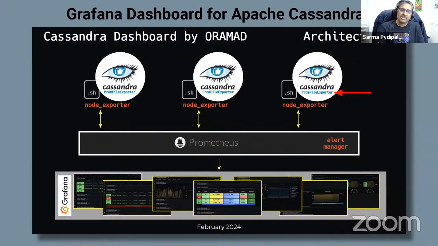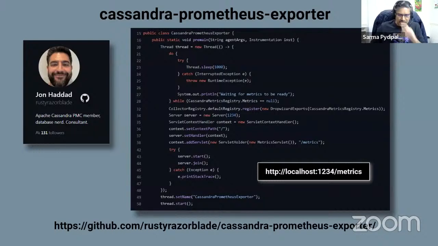Let's talk about the Java agent first. So January, I came back from vacation. I started to reach out to people, saying, hey, we don't have this library, and I'm not a Java developer, so I don't know what to do. I'm lost. And one day I was talking to John, my favorite person in the Cassandra community. While I was explaining to him, he said, oh, the Drop Wizard metrics is very easy to get into. Here is your 40-line code, which basically extracts all the metrics from the Drop Wizard metrics registry and publishes it as